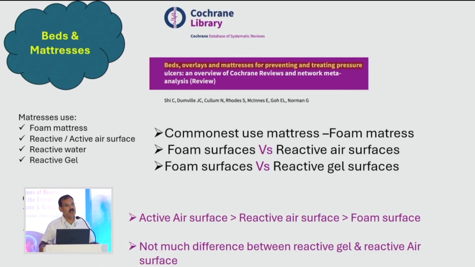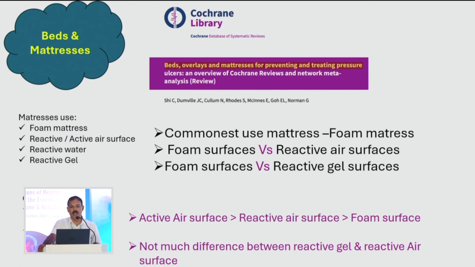So, as I said, the first part is relieving the pressure. That's the cause of developing pressure injury. That can be managed by using different types of beds and mattresses. The commonest mattress we use in clinical practice is the foam mattress. Others use reactive or active air surfaces, reactive water, reactive gel surfaces. But this is a Cochrane review study. This is a network meta-analysis where the outcome measures taken were incidence of new ulcer formation and ulcer healing, and different papers were considered in this